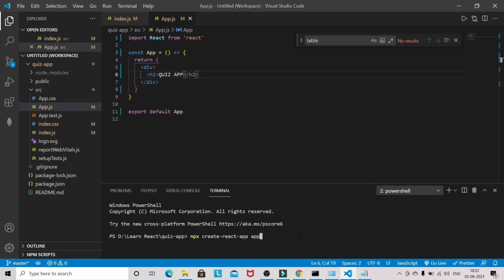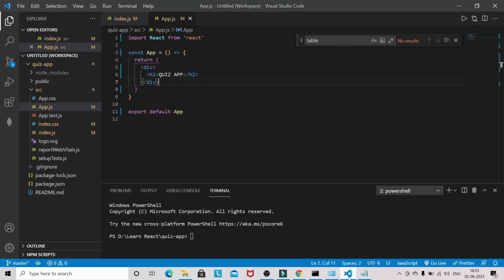Once you create the project, you go to cd app name. Then I removed the content in the App component and just gave the heading quiz app. You can see that quiz app is coming up here.